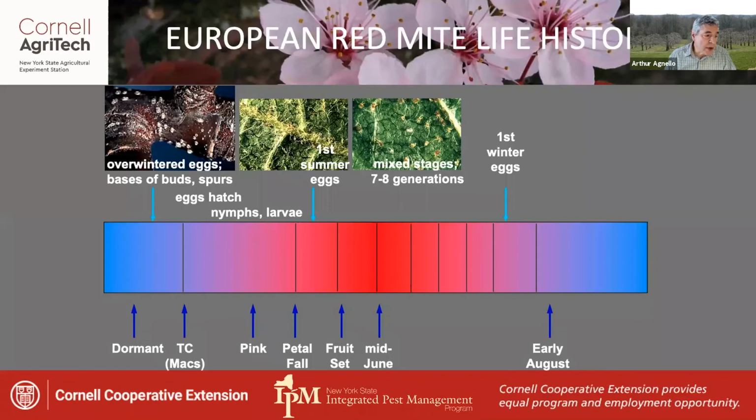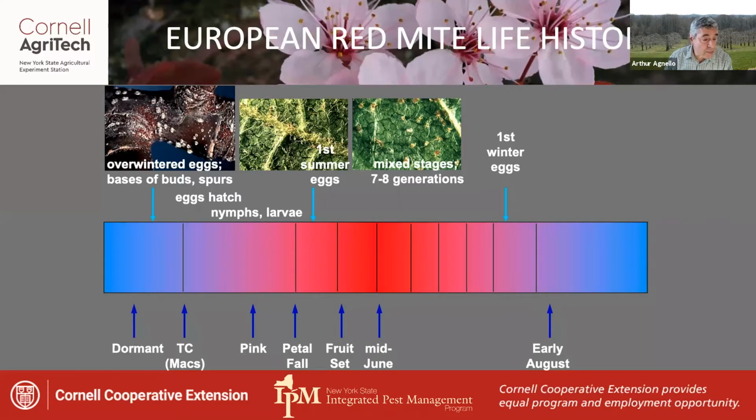Moving next to European red mite, here's a graph that shows a representation of the mite's life history in the orchard. European red mites overwinter as eggs on the tree. Egg hatch is usually closely correlated with tree phenology, ordinarily beginning at tight cluster or early pink and continuing into bloom. ERM adults normally appear by petal fall, but few eggs are laid by these first generation adults on the